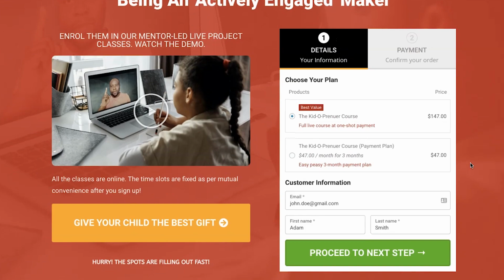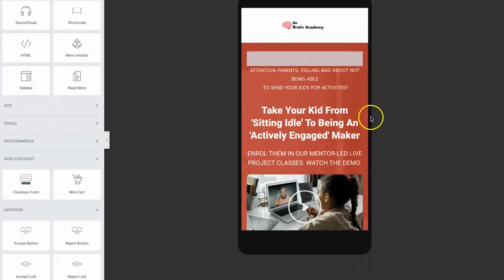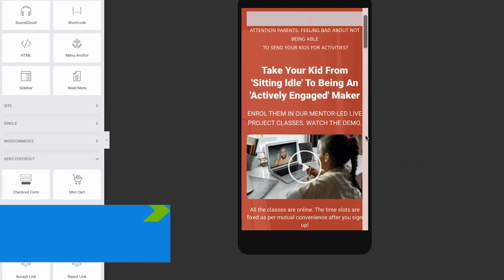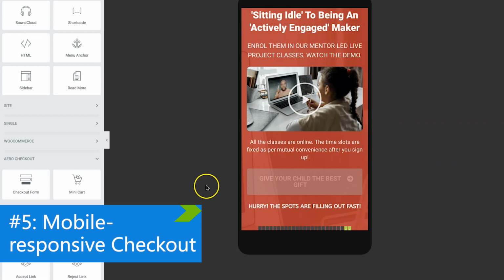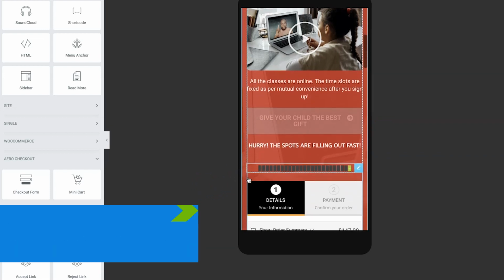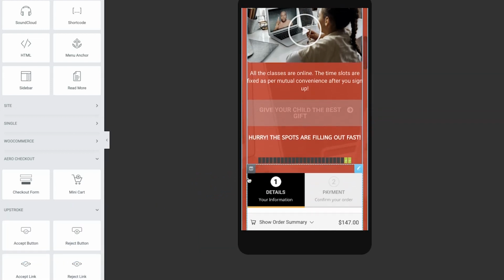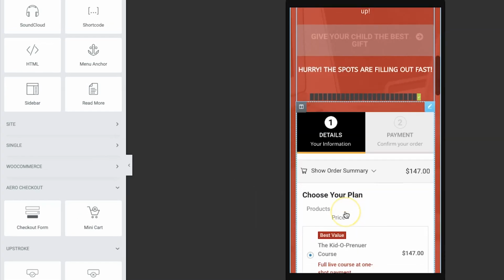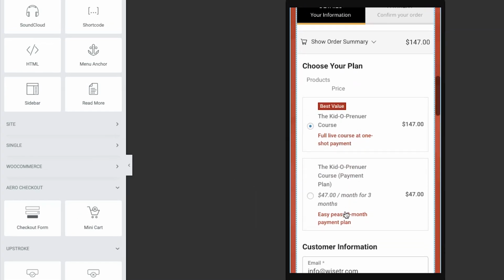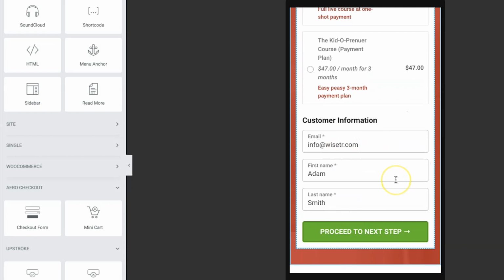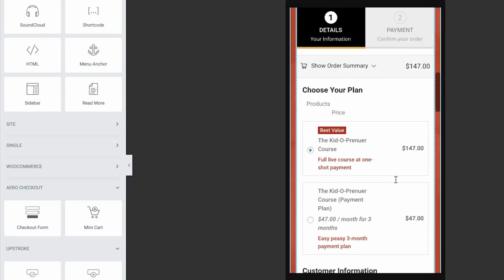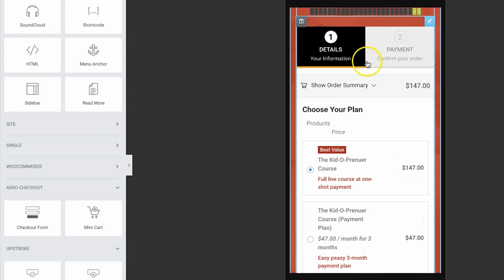And finally, let's talk about the mobile responsiveness. I'm very happy to share with you that this WooCommerce one-page checkout is mobile responsive as well. Yes, so all the elements fit in perfectly and it is very responsive. You can see the checkout form here, these fields, how they show up on mobile, and it's great because 50% of traffic comes from mobile. So you definitely want to optimize your checkout page for mobile.